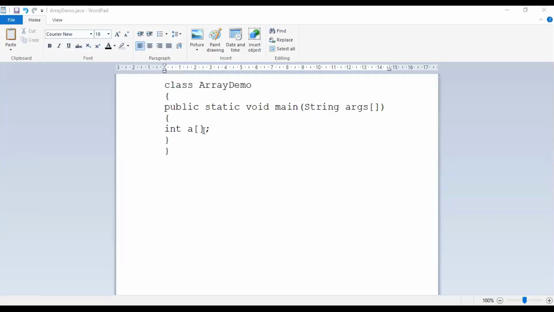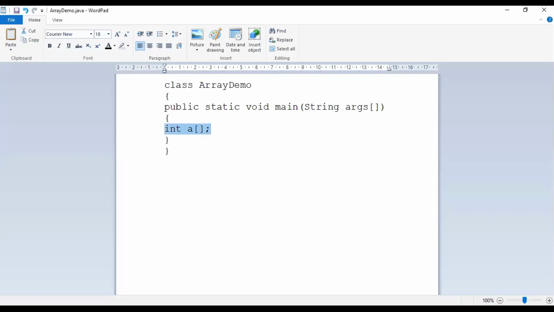Any proof? What kind of error might it show if I'm writing only this much? First question, are there any syntactical errors I have made? I have written int followed by a, I have specified the brackets and specified a semicolon also. According to the syntax given for the declaration of an array variable, this holds good. I didn't make any syntax errors.